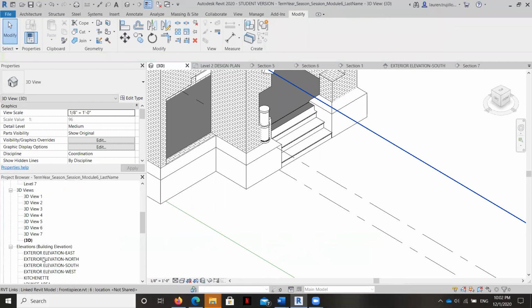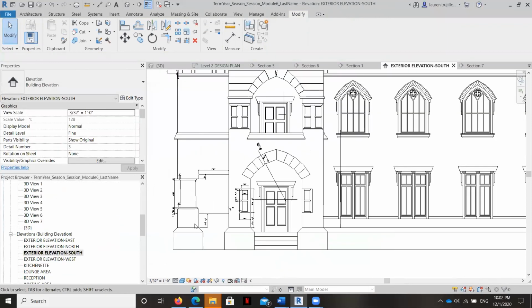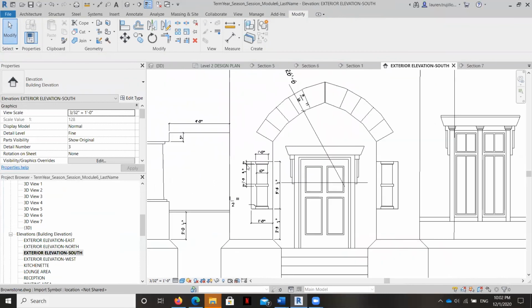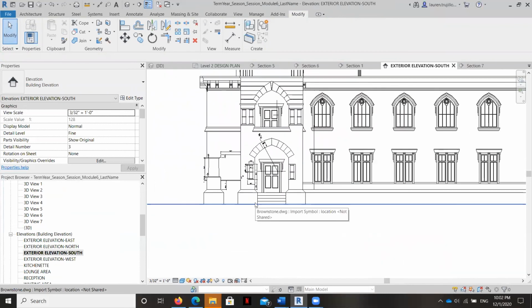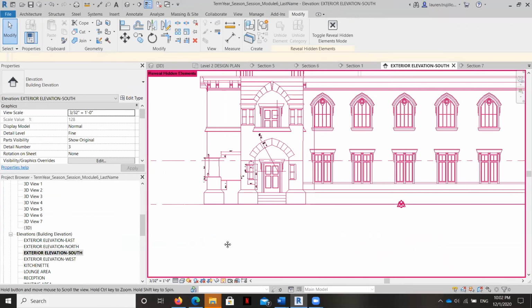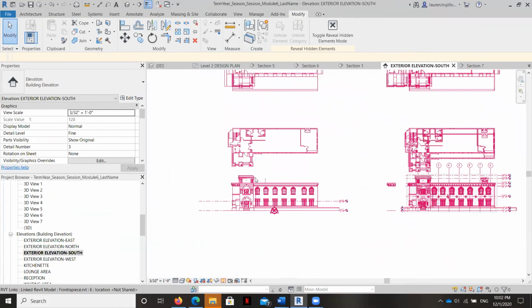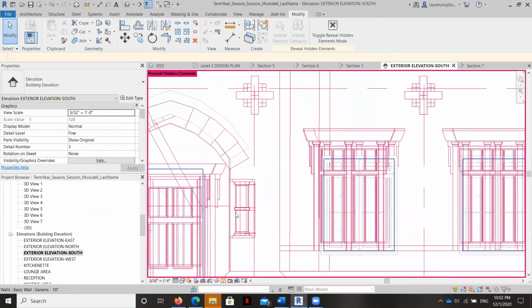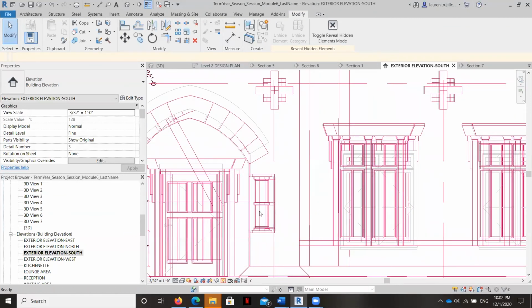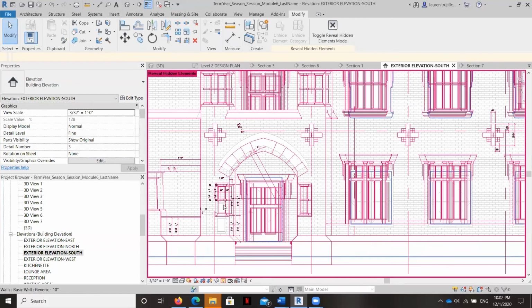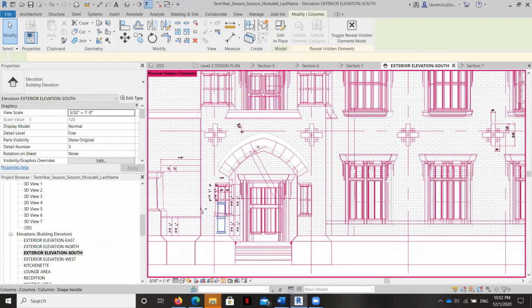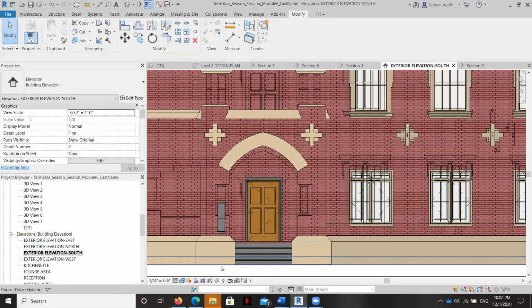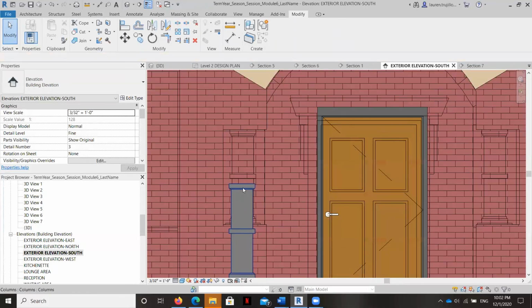Okay, we ought to be able to see it now. Okay, so there it is. All right, there it is.